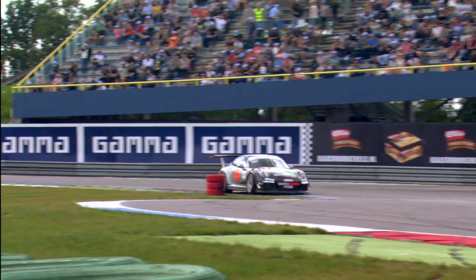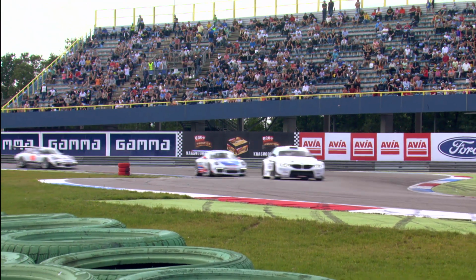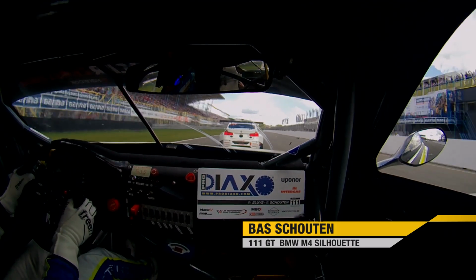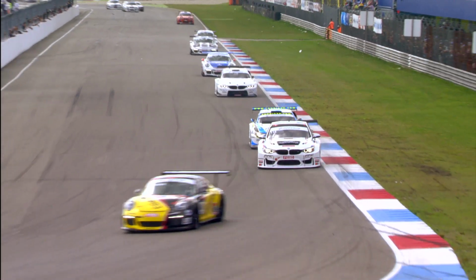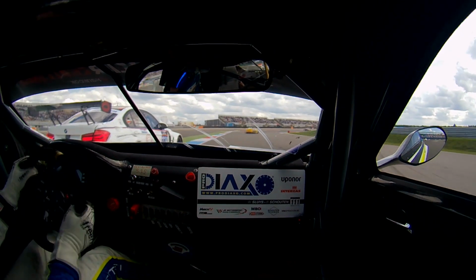Roger Graals, the race leader. Alexandre Joannem in second. Then Bob Herber and Bas Schouten. Then Willem Meyer in 5th place, having to shift up at 8,000 RPM. They can't get the maximum out of the engine in the M4 Silhouette. They're going to have to work very hard indeed, Bas Schouten and Bard Slice, to claim a 6th win of